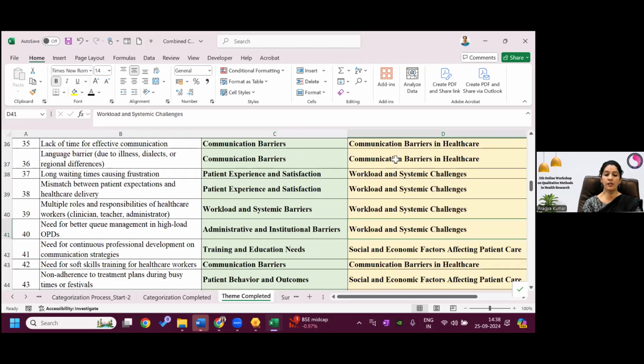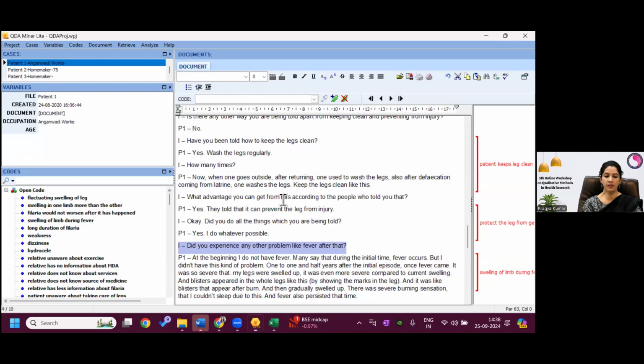So this theming you are doing in Excel. Ultimately, you have to do it in QDA Miner. We just told you Excel, because once you have done it in Excel, you have to convert the same thing here in the QDA. Why? Because you need the quote. Quote means verbatim, the arrangement of verbatim, and quote frequency also, because many times you have to show under which category how many codes were falling, like a proportion-wise percentage distribution. So for that also you need to convert the categories here. So have you understood up till this point?